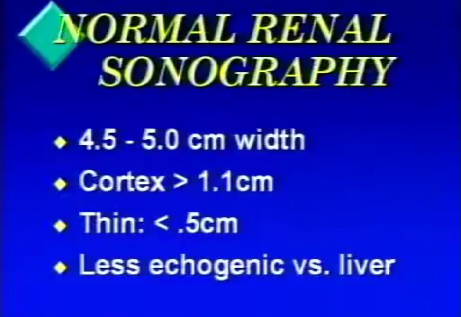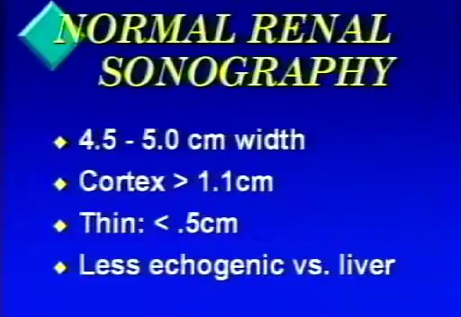So as a review, the normal ultrasound of the kidney should reveal a length of anywhere between 8.5 and 15 centimeters and a width measurement of 4.5 to 5 centimeters. We also will look at the overall echogenicity of the kidney, and it should be less echogenic as compared to the liver or the spleen. We will also include a measurement of the cortex thickness, and typically the normal cortex will measure greater than 1.1